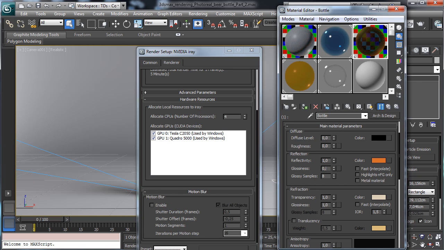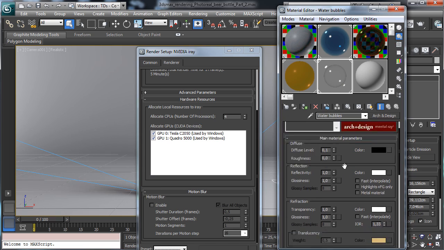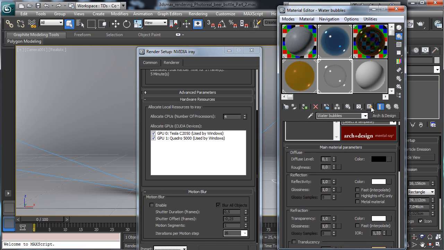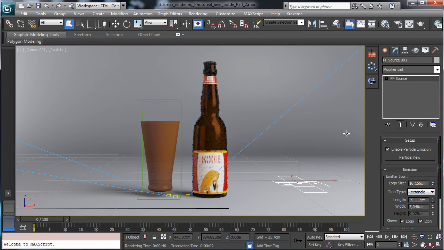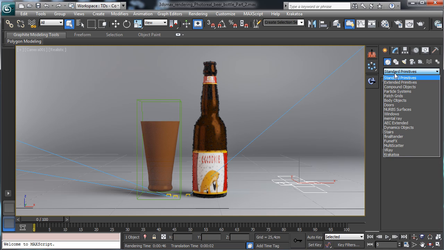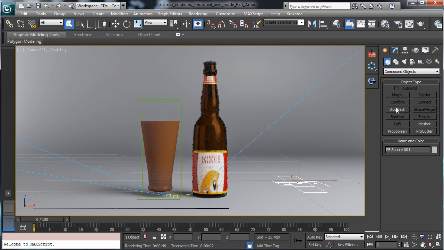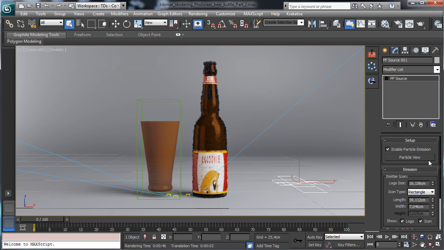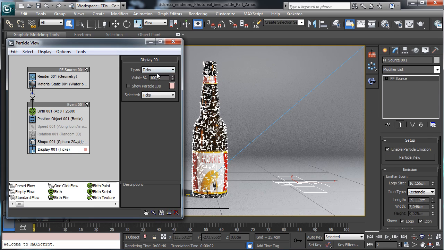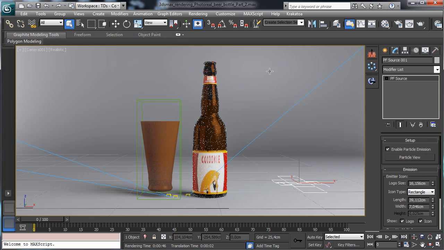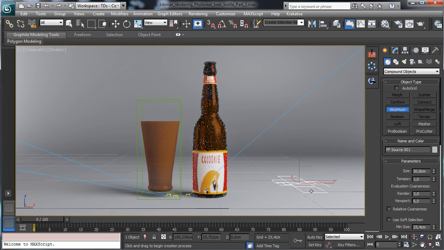So let's go in the shader there, and the first one has a lot of glossiness. Let's go to have less glossiness. Let's try with 0.8, and there we like this one. So actually I have nothing to do over it, but we can change how the particles are created. So you have two ways. You can use, for example, from there the compound object, the blob mesh. Let's save, let's say to this one to show just dots, and let's try to use the blob mesh,